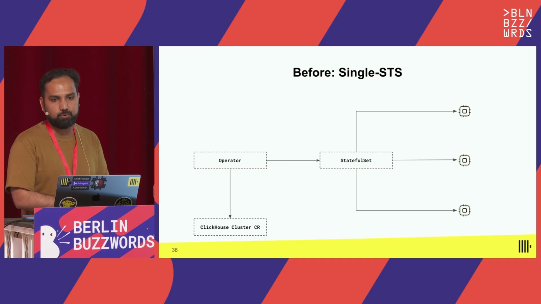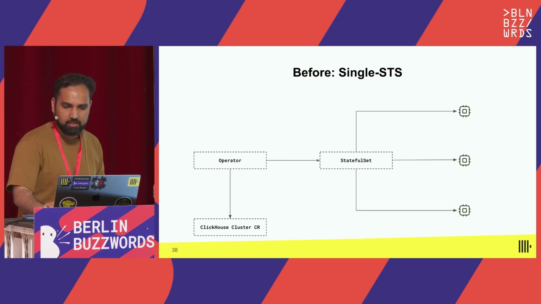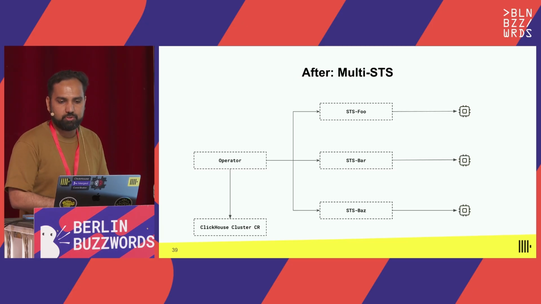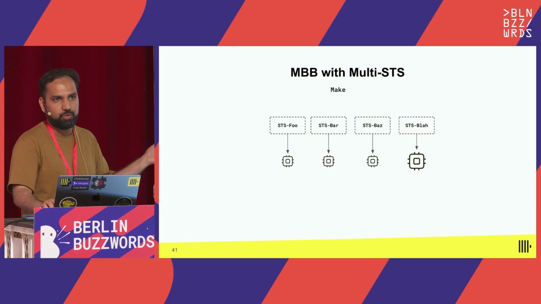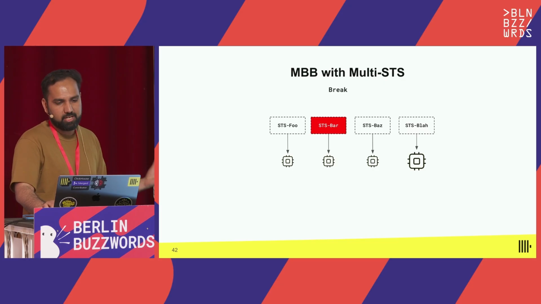Before, we had a single StatefulSet controlling 3 replicas. And these 3 in turn are obviously ClickHouse server replicas. In the next stage, you can add a multi-StatefulSet approach where you have 3 different StatefulSets, each controlling their own replica. And now you have the flexibility that you can do make before break. You can add arbitrary replicas with a make step because everything is in your code and inside your operator. And then you can condemn, break, do whatever you want with any arbitrary replicas because everything is in your control. But it gives you something which we've been internally calling the quiescent state.